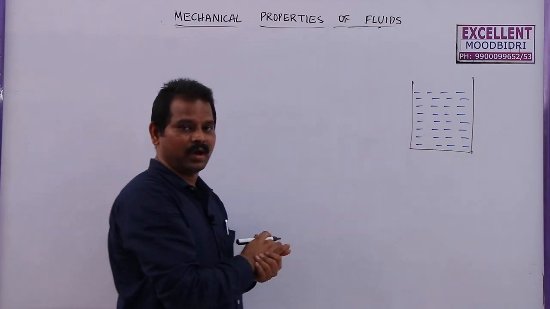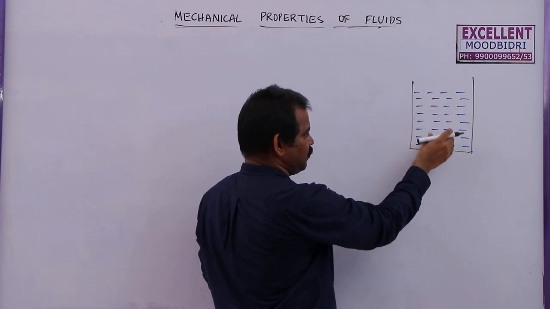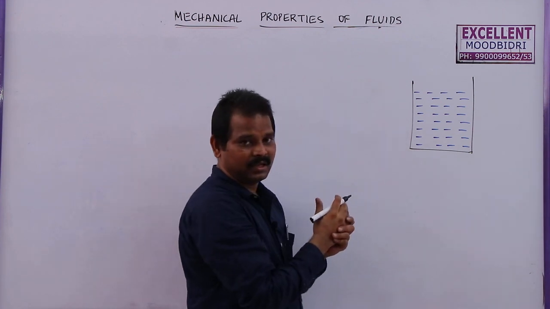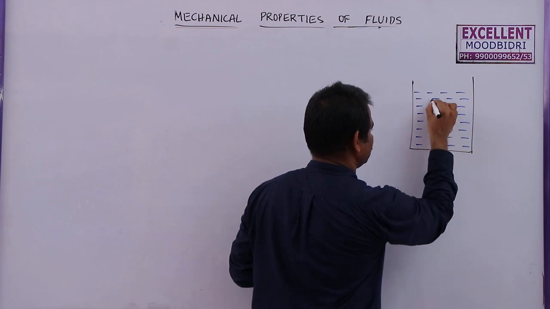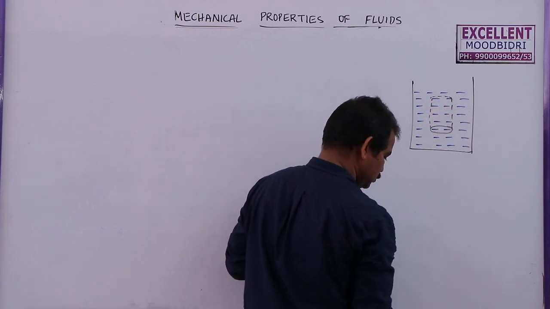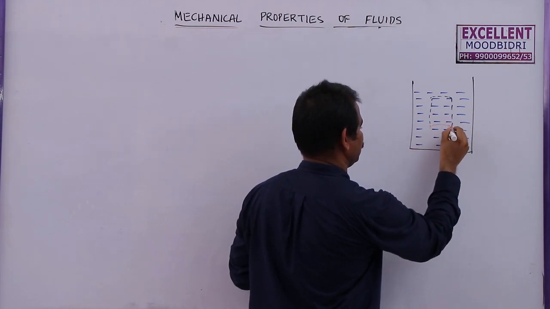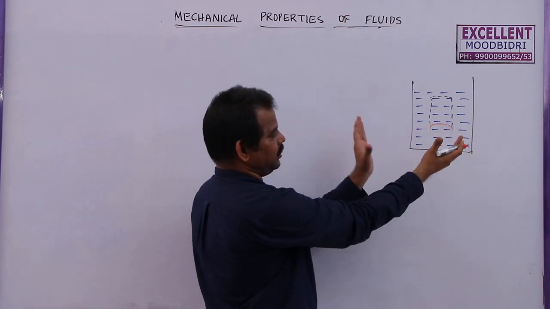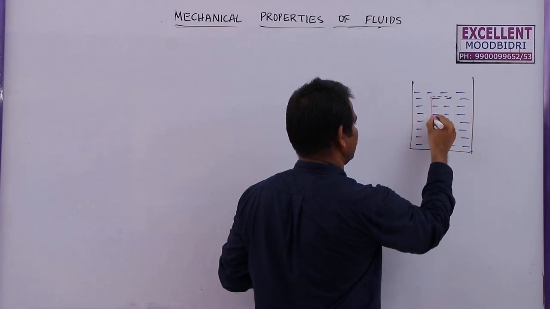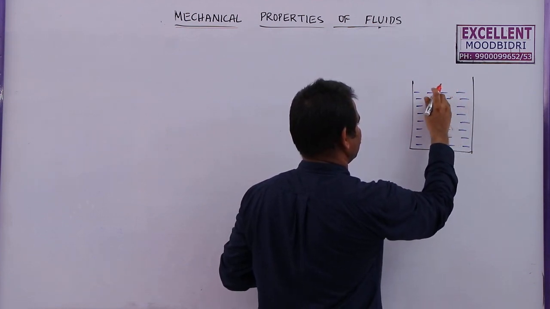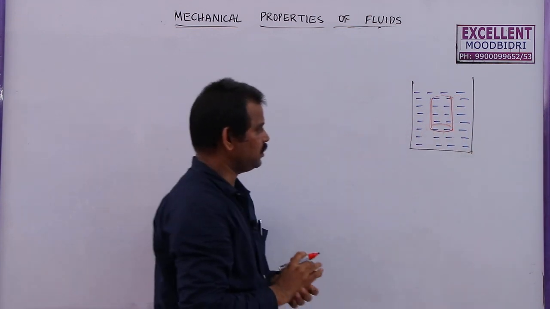To find that, I am going to consider a small cylindrical column of the liquid here, an imaginary cylindrical column. So this is the imaginary cylindrical column like this. That means I am taking this much liquid only. Even though the entire tank is filled with liquid, I am considering that only this portion of the liquid is present in this case. Now, due to this, what is the pressure at different points?